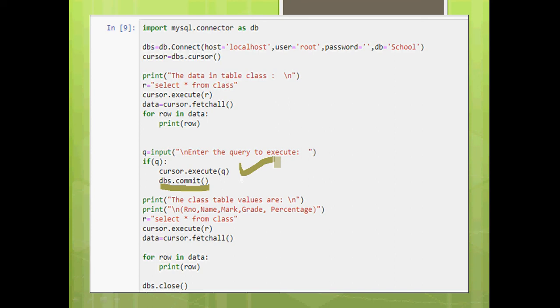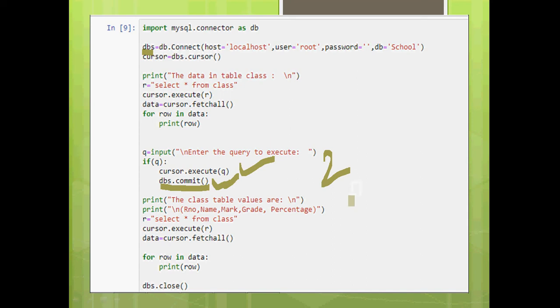Just to write these contents, now we are writing in the buffer. We want the data to be written in the database itself. That thing will be done by the commit command: dbs.commit. The dbs is a connection object, connection.commit. This has to be committed. Now the value from the buffer will be written back to the database. So the second part is just to execute any query that you want to.